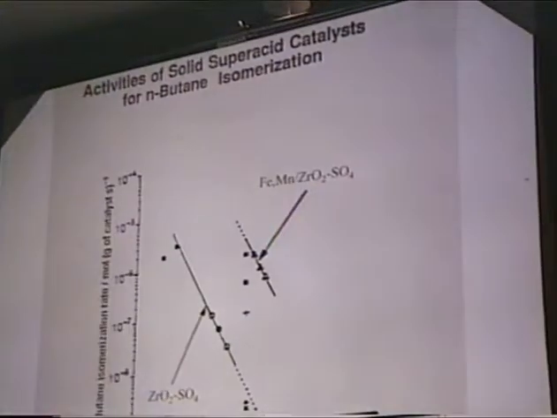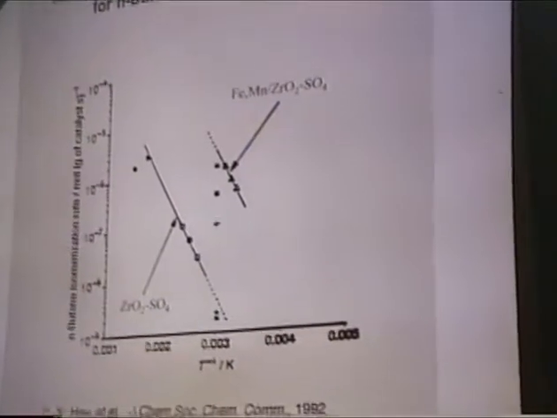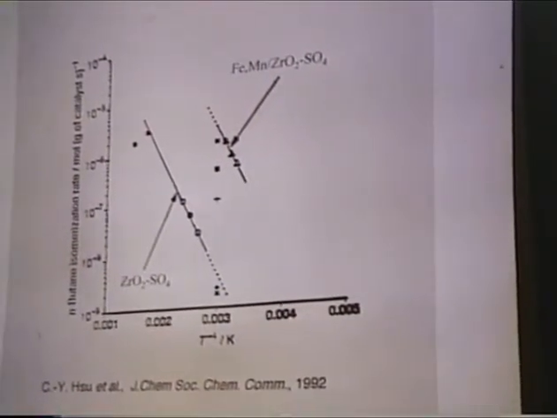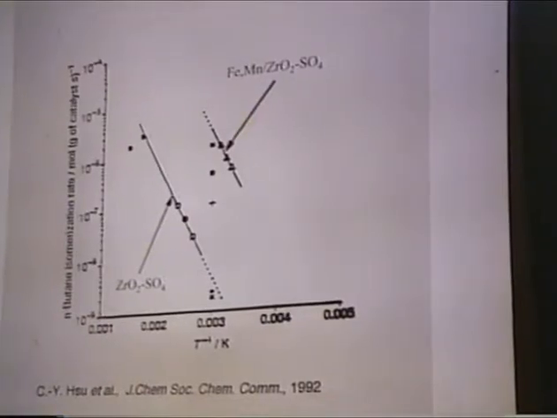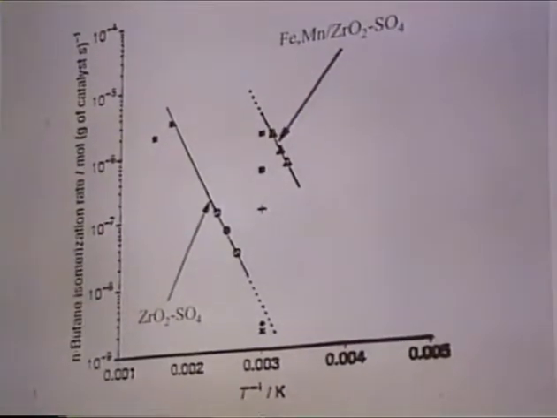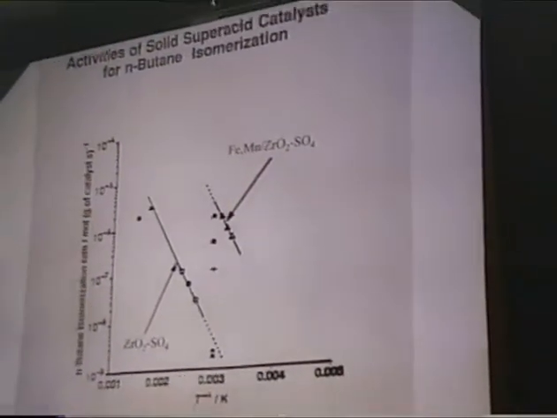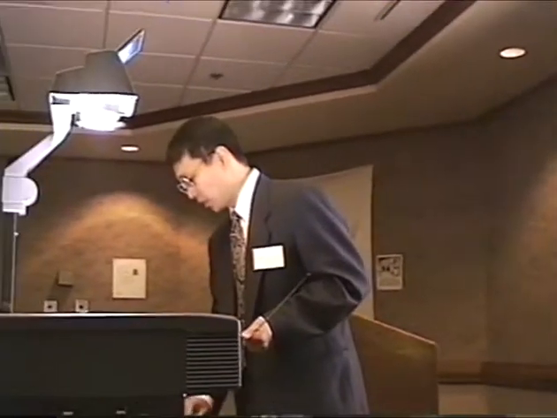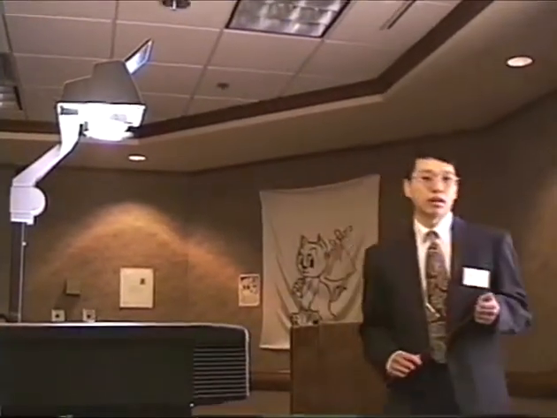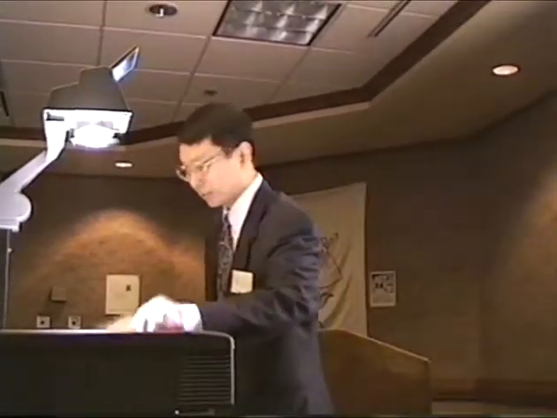After this, we had a short discussion with Professor Sachtler for just a few minutes, and we all agreed that we want to pursue this area. We want to understand what kind of acid site is in this kind of catalyst. Most of them have been called, quote-unquote, super acid, and we really want to find out what kind of acid site is on this catalyst. The other thing is we also want to understand the mechanism for the isomerization on this class of catalysts. Today I will focus on the mechanism part.